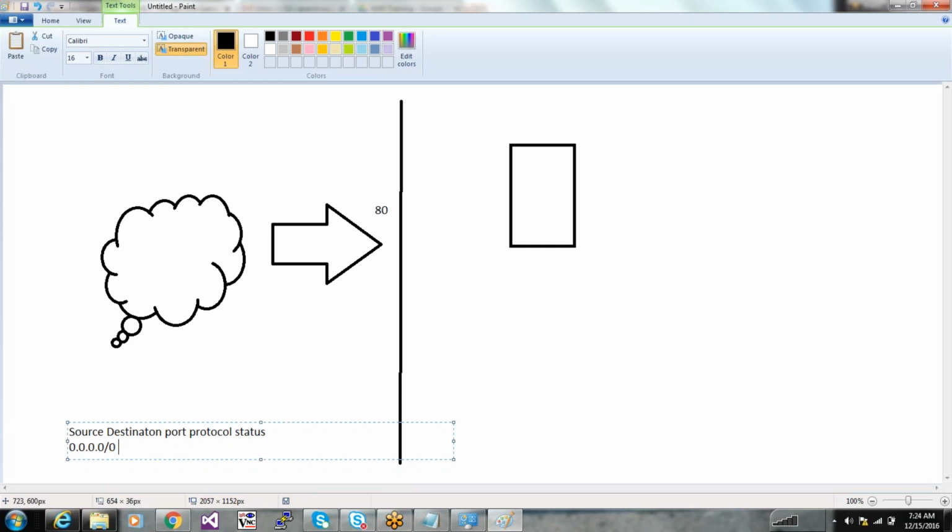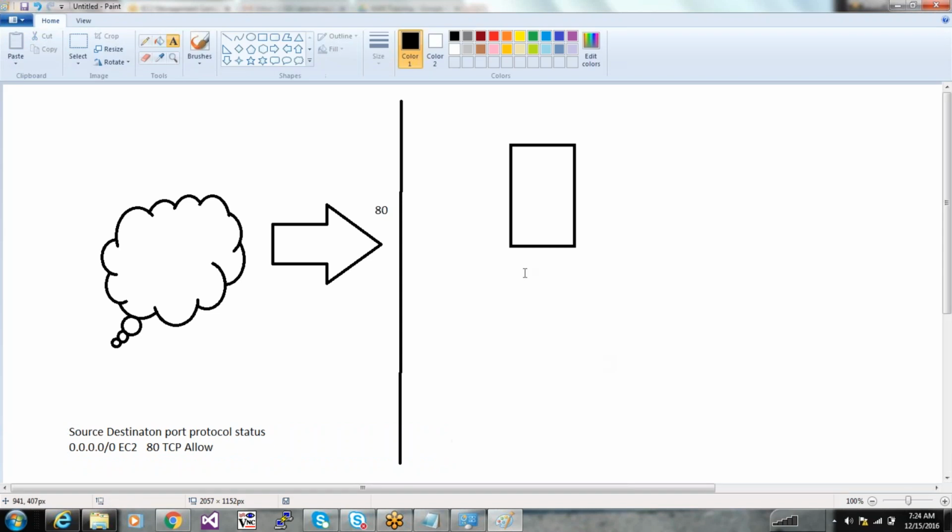Destination is, of course, your instance or your ELB, or your EC2 instance, whatever. Port number is 80 because you will be accessing the web traffic from the external, as an e-commerce application. You want to access Amazon.com or any other shopping site for that matter, then port number 80 is what you have to open. Protocol is TCP, and status is allow. That's what you got to write on the rule. That's a rule, right?